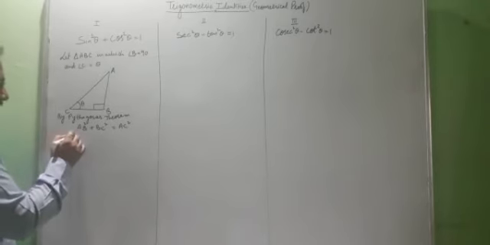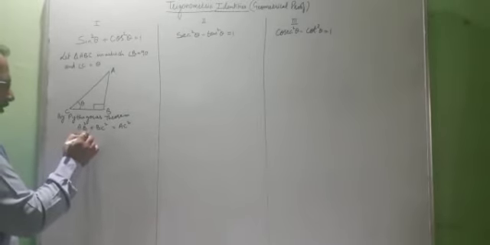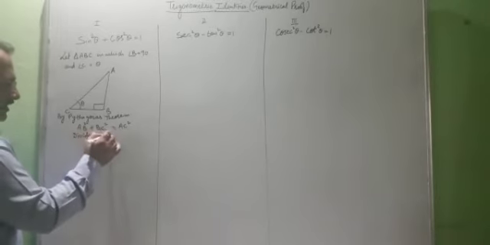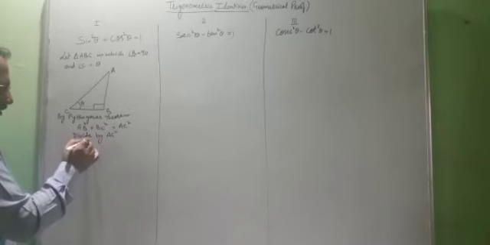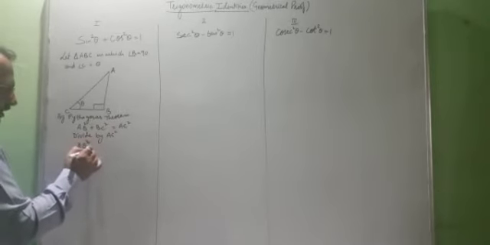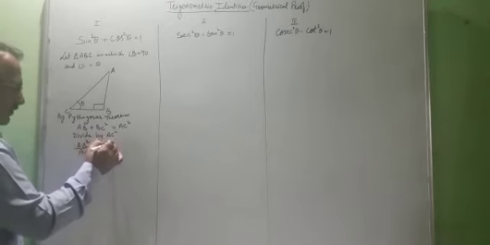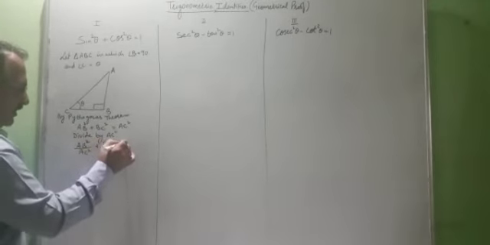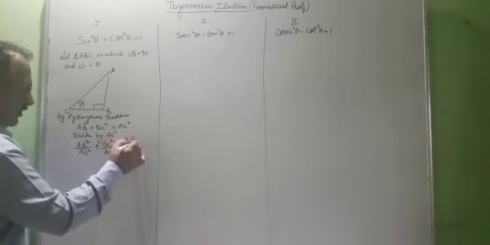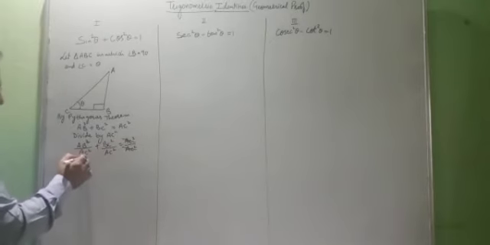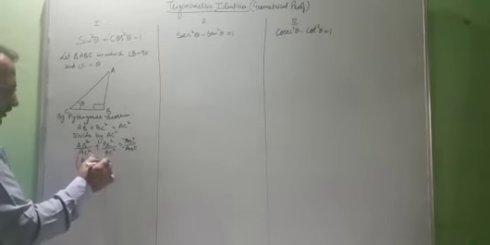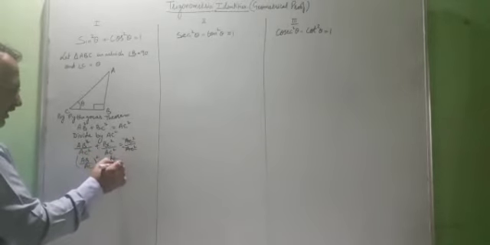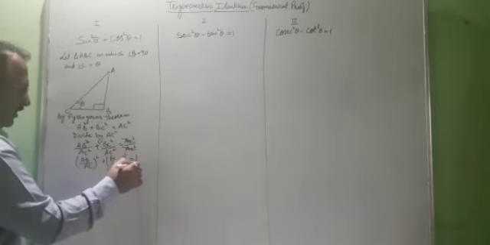So divide by AC square. So AB square upon AC square plus BC square upon AC square, AC square upon AC square. They'll cancel out. You can write down AB upon AC whole square plus BC upon AC whole square equal to